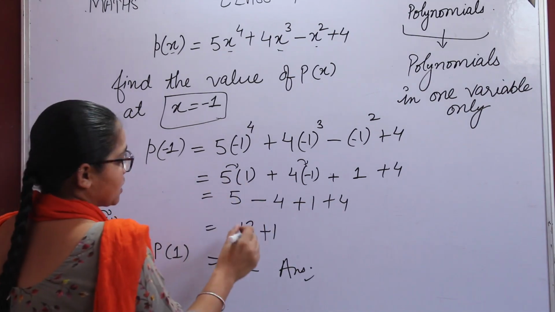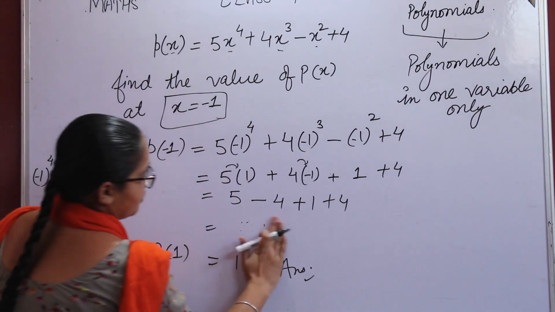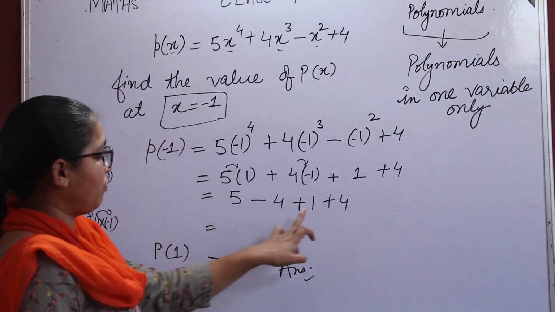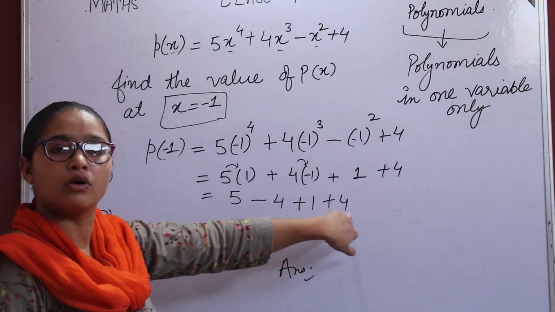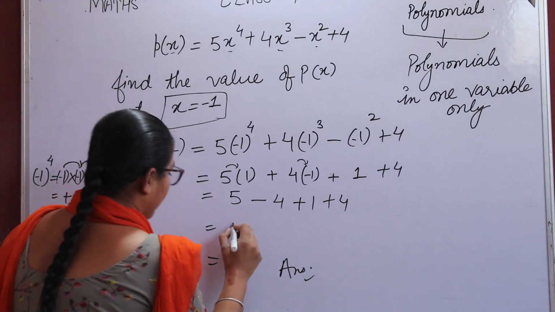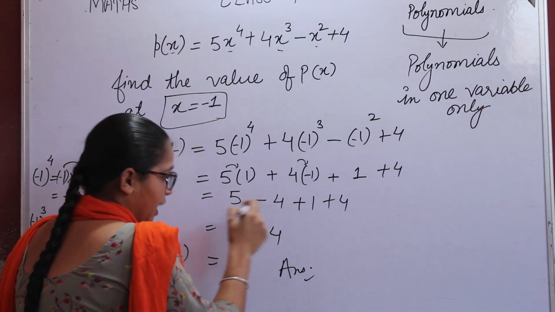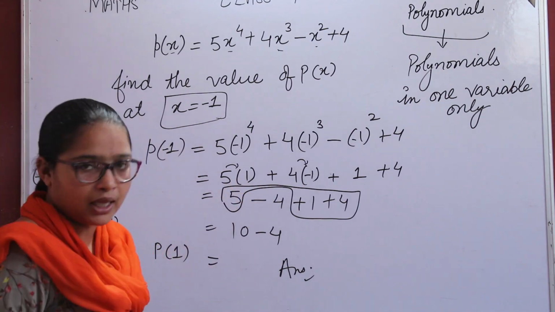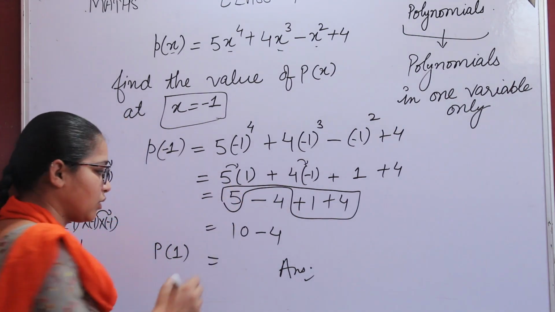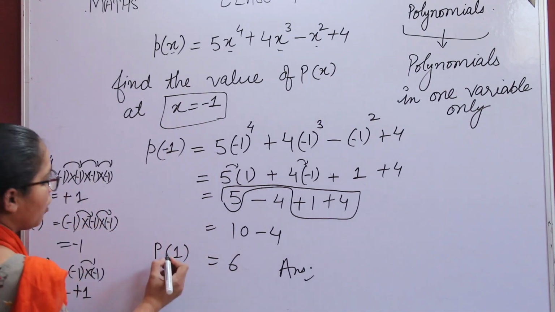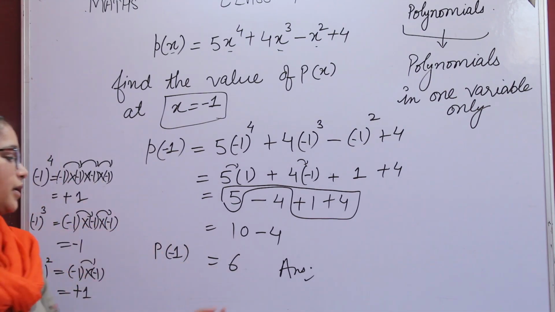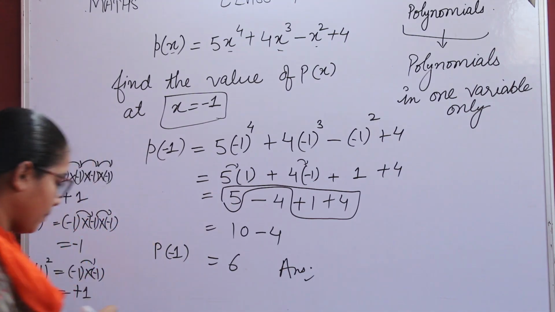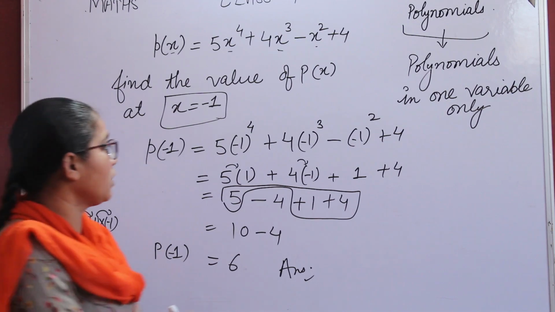Okay, so next, now add these, I'm removing this. Okay, now solve it. 5 plus 1 is 6, 6 plus 4 is 10. So 10 minus 4. I have solved these because these numbers all had plus symbols, and then I kept minus 4 as it is, so it became 6. So now P of minus 1 we get 6. Okay, like this you can fill in negative values of x. So now next we are doing it with a fraction.